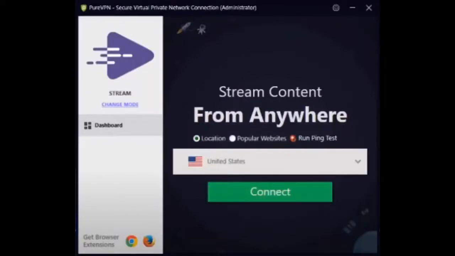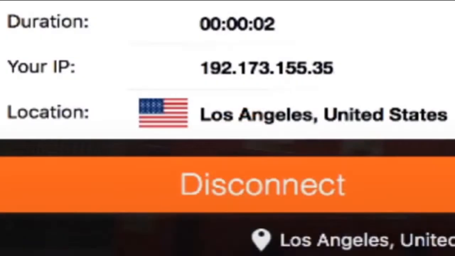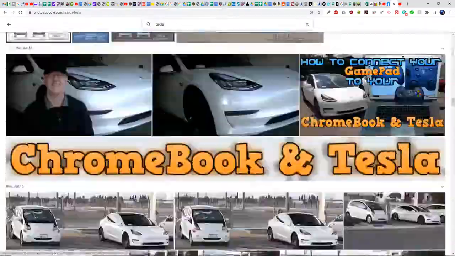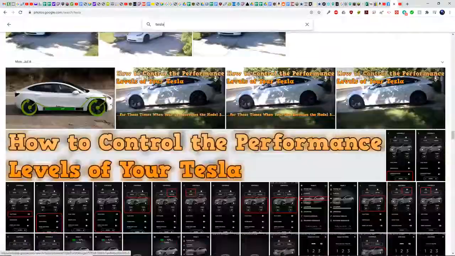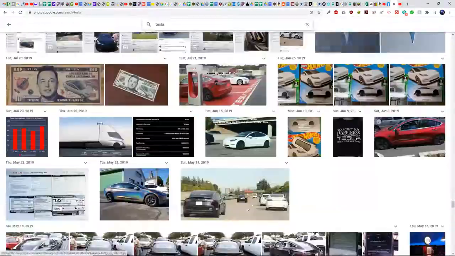So I'm going to click on the green connect button. After a few seconds, it will connect. And then you'll be assigned a new IP address via the VPN. And that IP address is not associated with your actual physical location. And you can browse just as before. Basically, the service is very transparent and you don't really notice that you're actually using it.